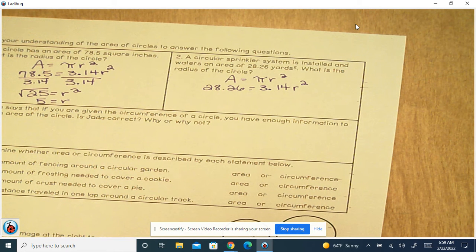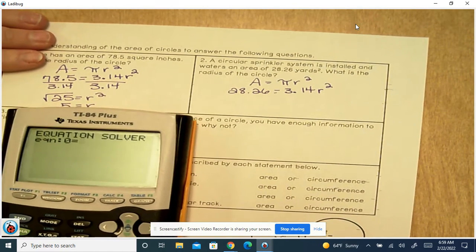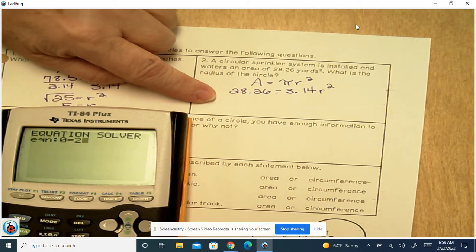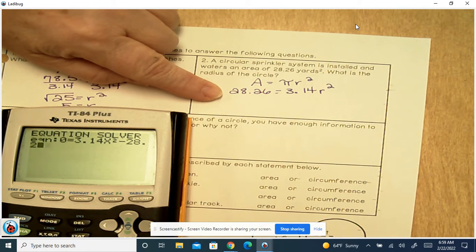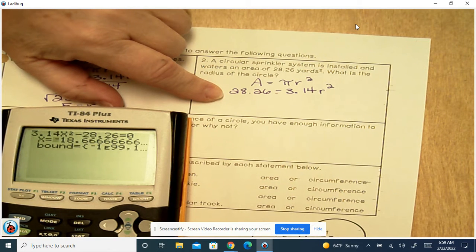I'll try my best though. Yeah, you can see it right here. You would put in there 3.14 x squared and then minus the 28.26, setting it equal to 0, and then hit enter,